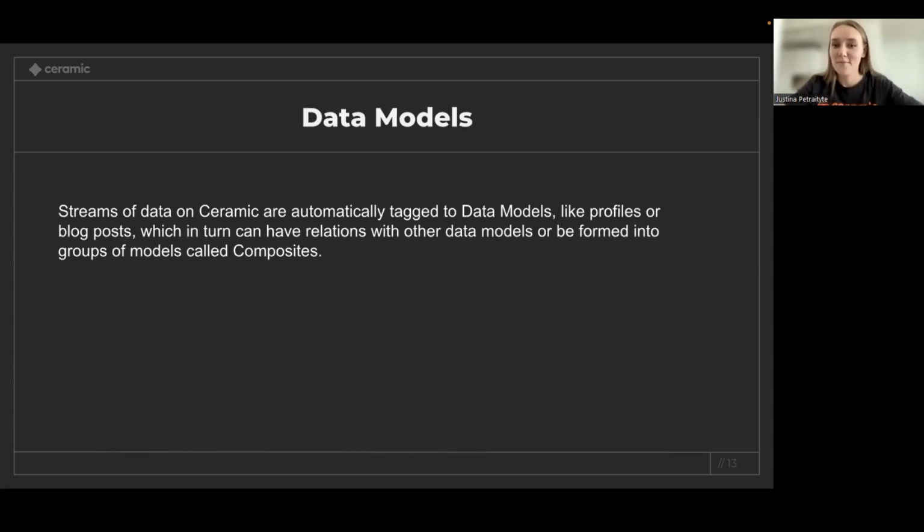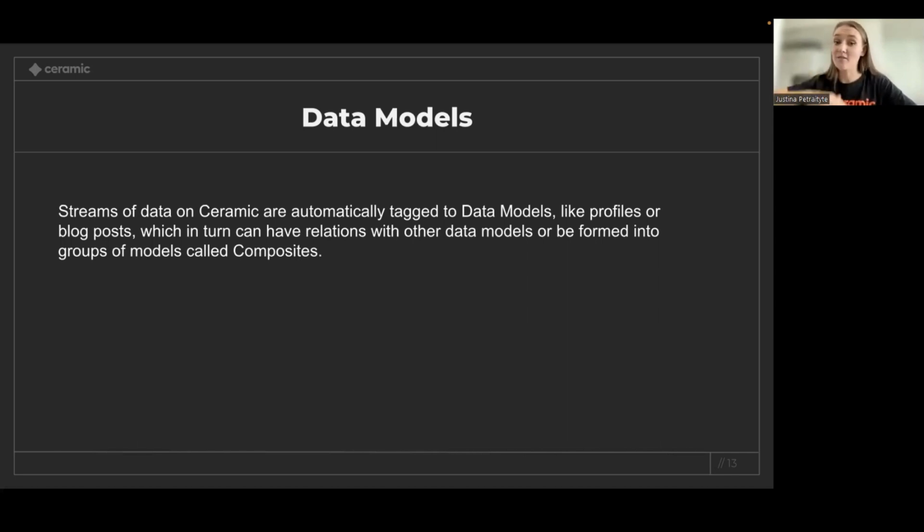Then the next very important component, which I have spoken about quite a few times now, so I will not dive too much more here, is data models. As I said, those are building blocks that you can use to build out your application. You will need a data model for basically every single feature of your app. You can share those data models publicly with other developers for them to use. How many data models you will use for your app depends heavily on your application. If it's a very basic, simple app, you can have just 2 data models, but if your application is bigger, you will probably deal with maybe 10 or more data models.